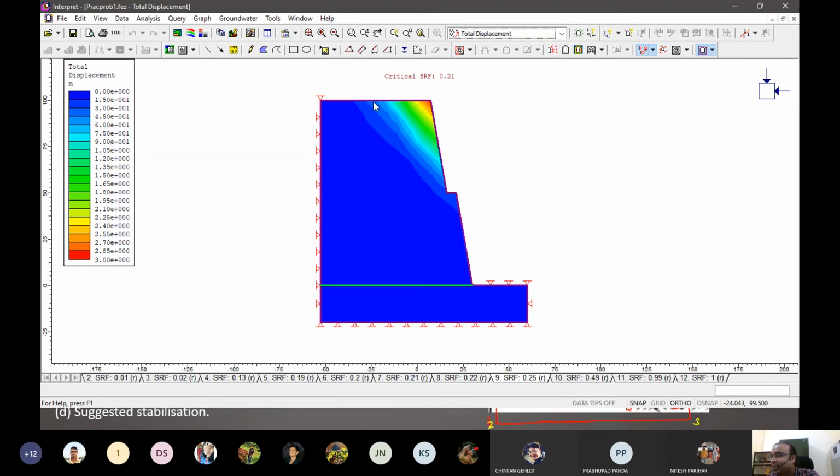So in that case, we couldn't find the smaller localized failure that could happen due to the steepness of this slope and due to the fragility of this material. In that sense, finite element can be more representative, but again, we have to cross check with what kind of results we are finding on field.